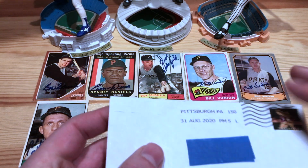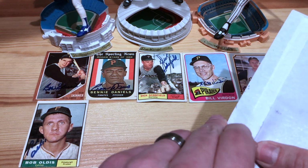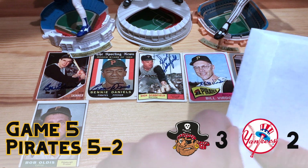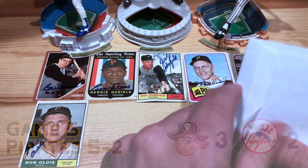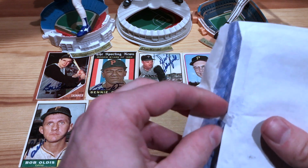So moving on to game 5. And this is where the Pirates won again, so now they're up 3-2. They won 5-2 in that game. And we have a return here from...